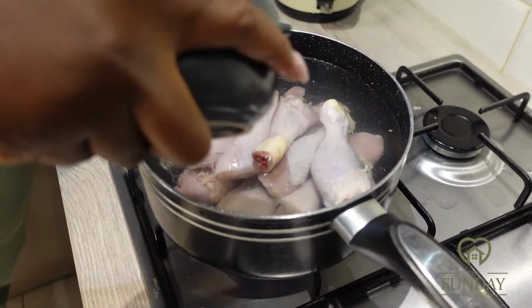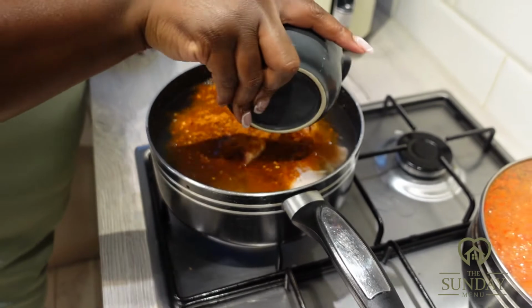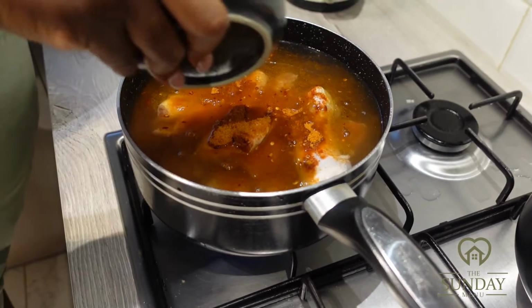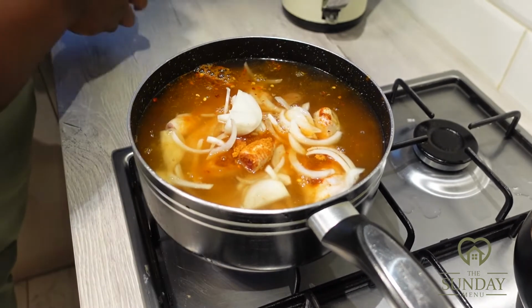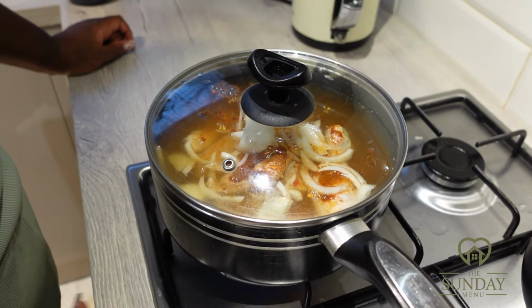Then I'm just going to pour some seasoning. For today's seasoning, I'm using all-purpose seasoning, 2 Maggi cubes, chili flakes, and some cayenne pepper. And lastly, I'm just going to add some sliced onions. Let this boil down for 20 minutes, and when we come back, we're going to use the chicken stock for